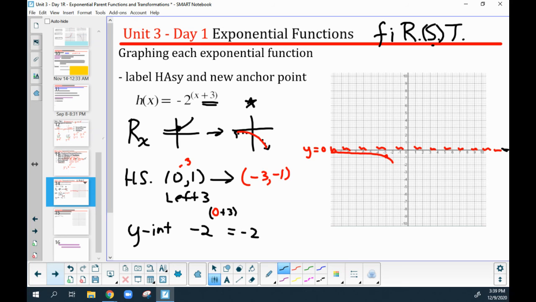So that'll be -2 to the third power, which is 2 to the third is 8, and it's -8. So that's right there. Anchor again was up here, and now I can finish that quick sweep,